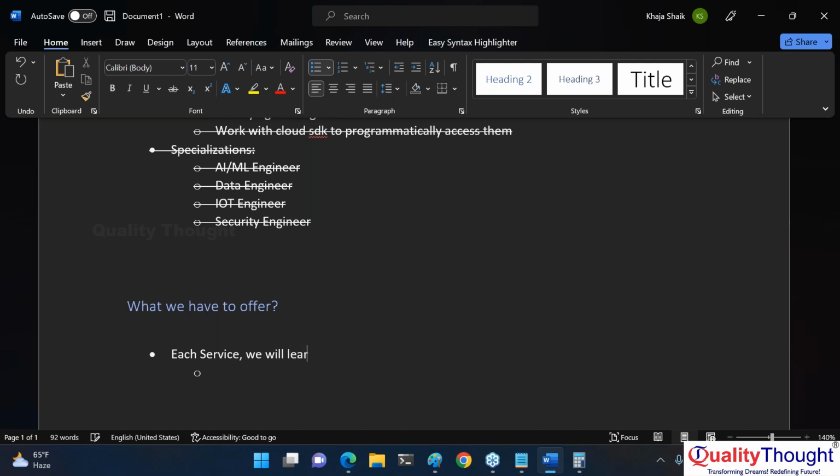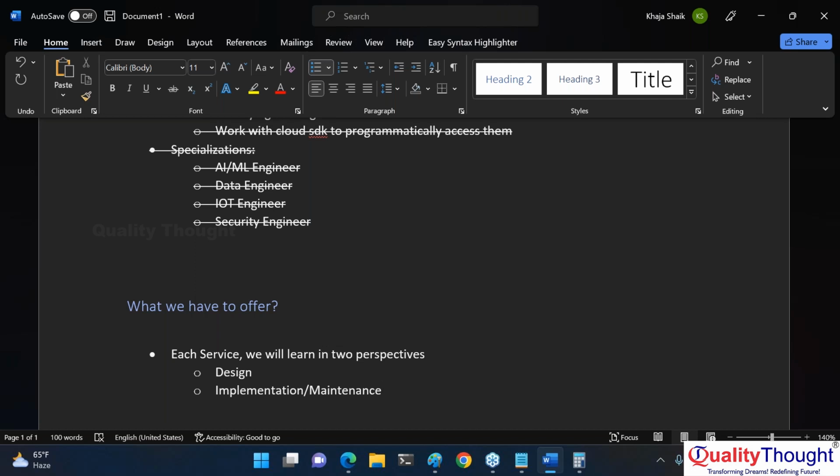we will learn in two perspectives. One is a design perspective, the other one is implementation and maintenance. If you have to design some solutions around virtual machines, what is possible? Every service will do this.